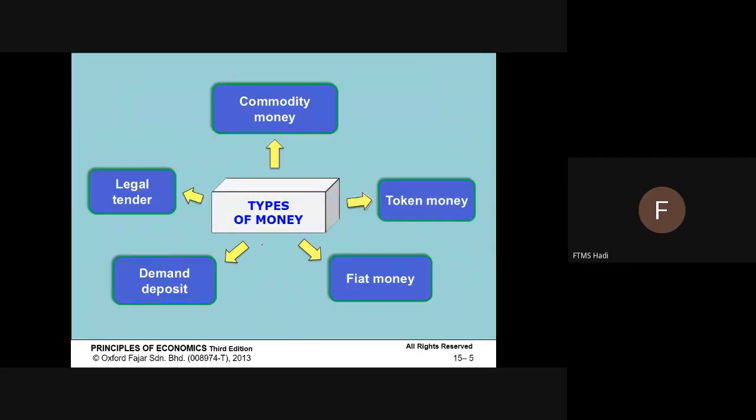Okay, there are some types of money. Sometimes you associate money with paper money and coins, but it is beyond that. The first one is fiat money. Fiat money consists of coins and paper money, the shillings and then the paper money. And then token money. Token money can sometimes be exchanged for money.